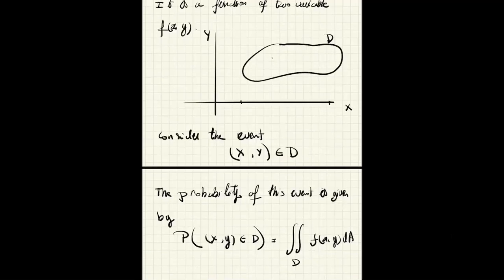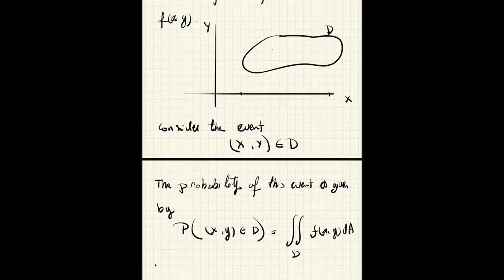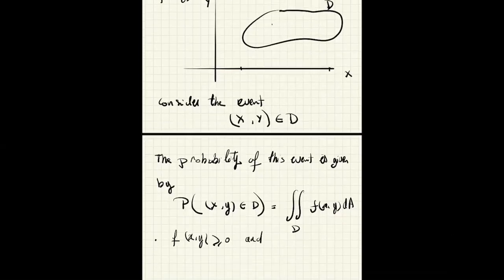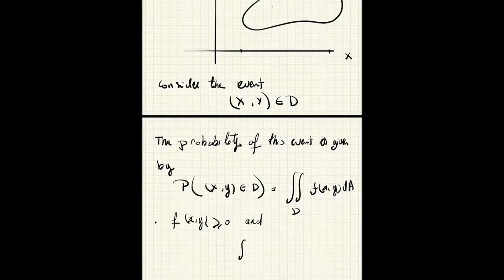This is just a definition. I give you a function of two variables, and I tell you it's a probability function of x and y. So by definition, if I ask you what is the probability that I will find x and y inside D, you just integrate this function here. And this function has the following property: it is always positive, and it has the following normalization condition. If you integrate over all R2,